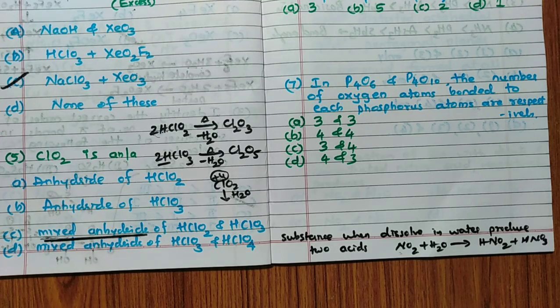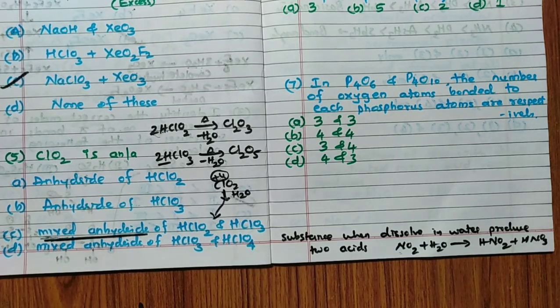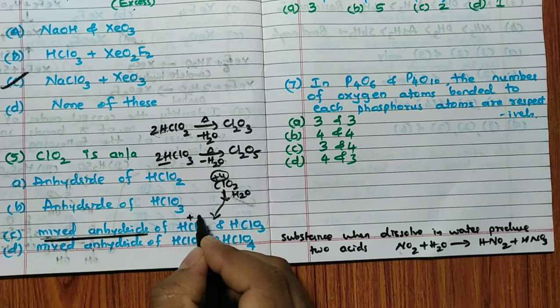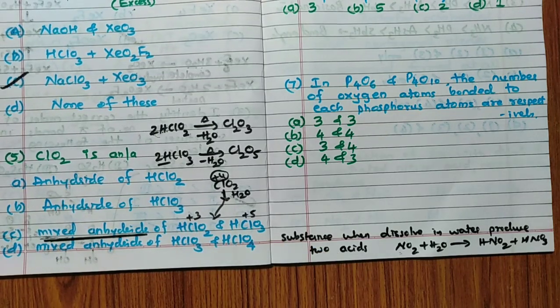It should be disproportionation, which means whenever there is a possibility of more than one type of acids, you have to write the acids in such a way that the oxidation states of these acids when dissolved in water should be one less than this and one more than this. According to that, the answer for this question is this: HClO2 where it is plus 3, and here plus 5. Hence it is plus 4 to plus 3, reduction, and plus 4 to plus 5, oxidation, a disproportionation reaction.